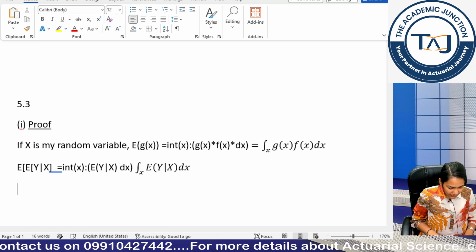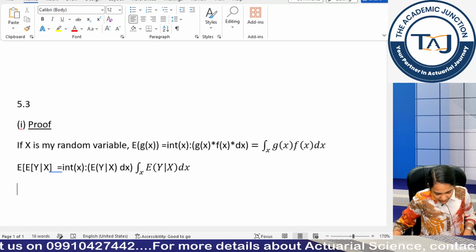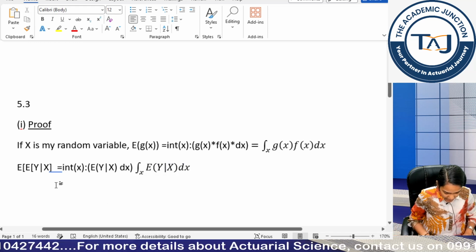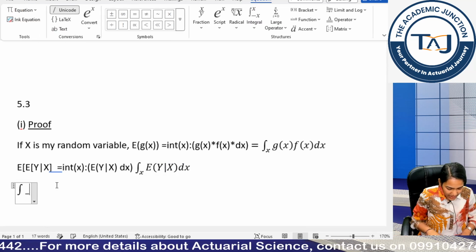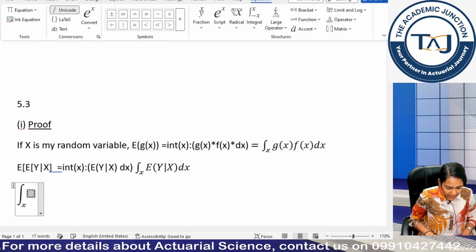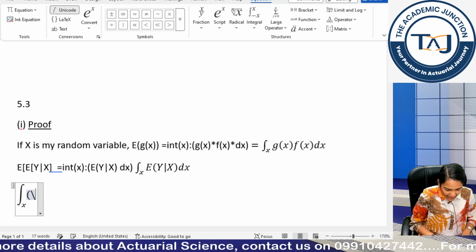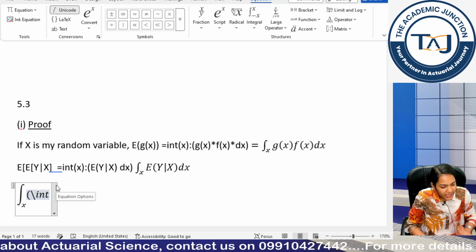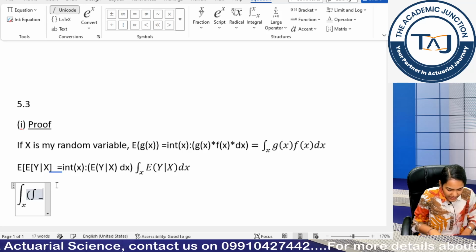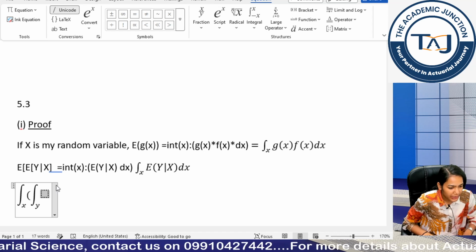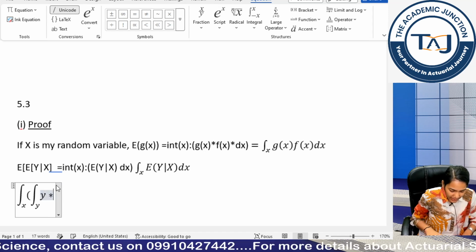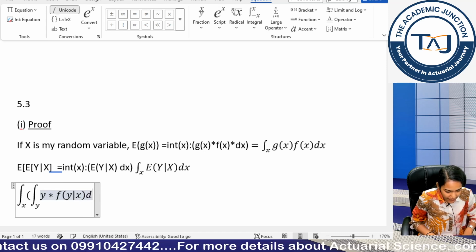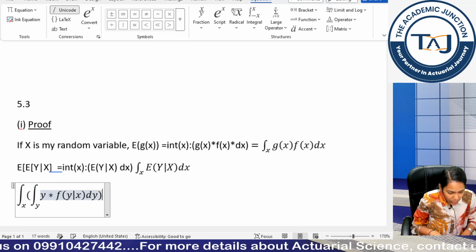Now we will use the double integral. Basically we will also calculate this E of Y given x, right? So I can write alt equal to, backslash int space x, right? Again I will use brackets, so backslash int. I am working within the integral. One integral is within the integral, right? So backslash int, this time I have y in the denominator. Clear? So y, small f, y given x, then I have dy, then I have brackets closed.